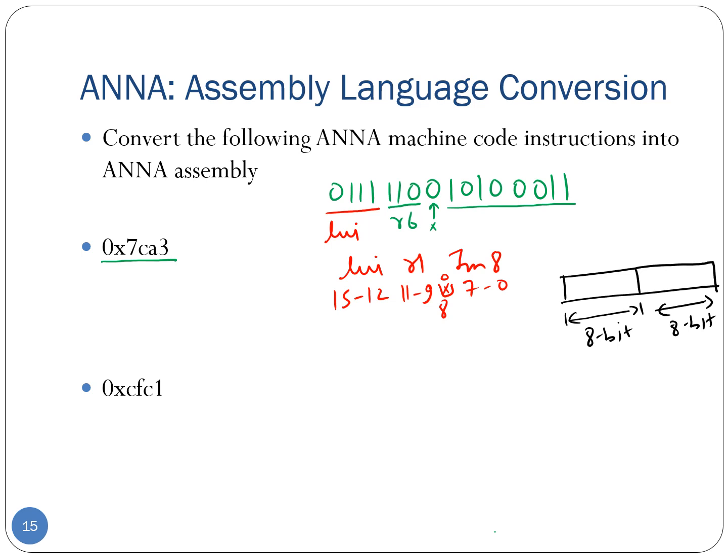So what that means is this value that you see here, 10100011, only belongs to the higher order 8 bits. You don't know anything about what should go in this lower order 8 bits, and therefore if you just translate this bit pattern into a decimal equivalent, I think this comes to 93. If you simply say LUI R6 93, that would be a wrong answer, because you don't know what the value is,